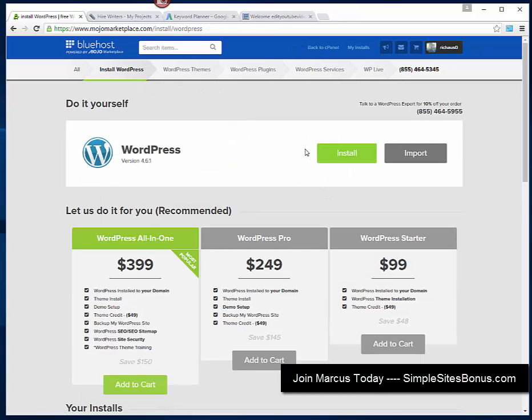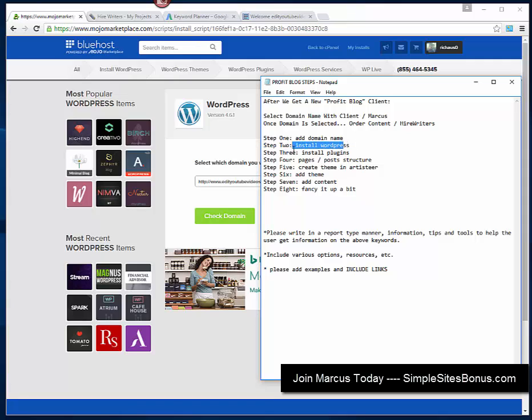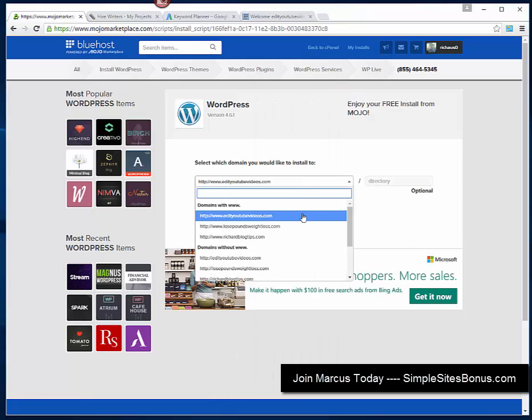We're going to click the big green install here, and you can see where we're at. We added the domain name, now we're installing WordPress. Step 2, very simple. And again, you can print out these steps at samedayblogs.com. Now, the way that you install WordPress is you choose the domain from your list. We're going to choose